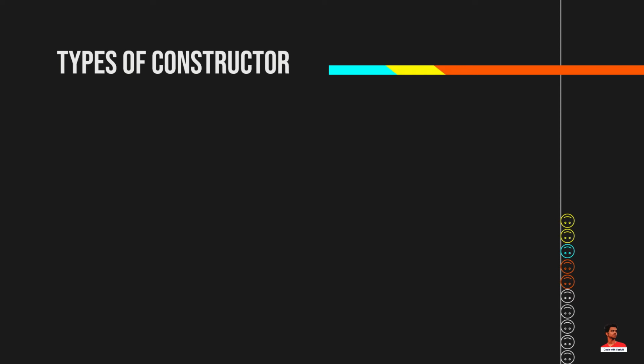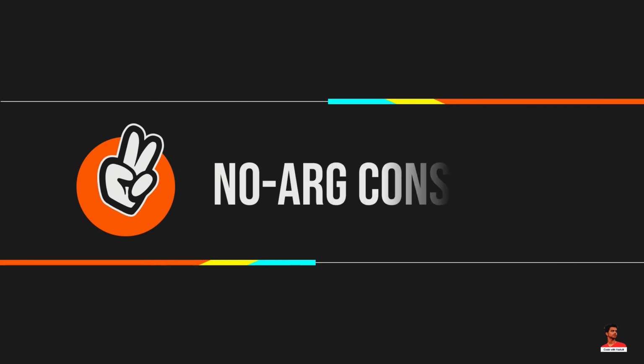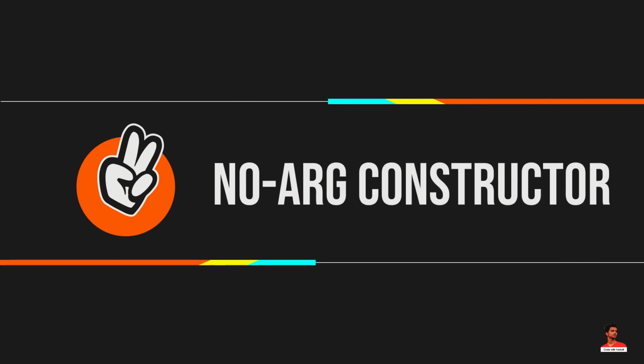In Java, constructors can be divided into three types: no argument constructor, parameterized constructor, and default constructor. Similar to methods, a Java constructor may or may not have any parameters. If a constructor does not accept any parameters, it is known as a no argument constructor. For example,